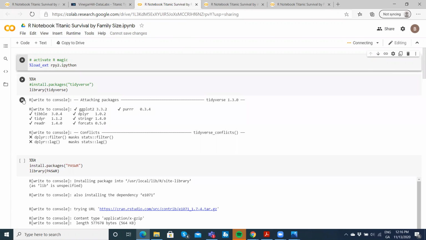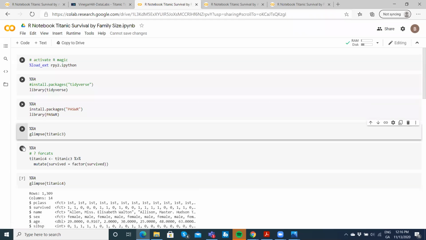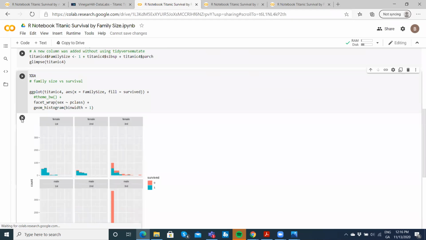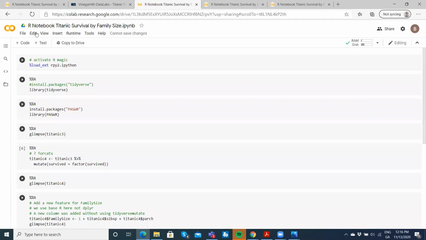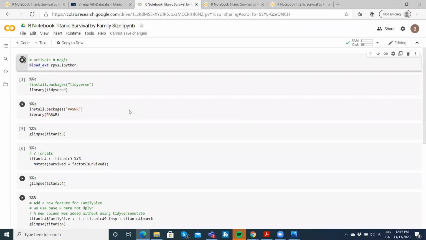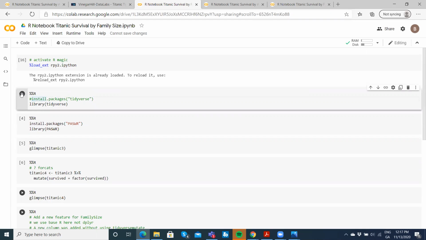Now we will run each of these on this machine separately so that we can trace through the effect of each line of code. So the starting point is we need to activate R in Google Colab. So we execute this command. That just takes a second. It's quite fast. Typically, if you haven't already installed Tidyverse into Google Colab,